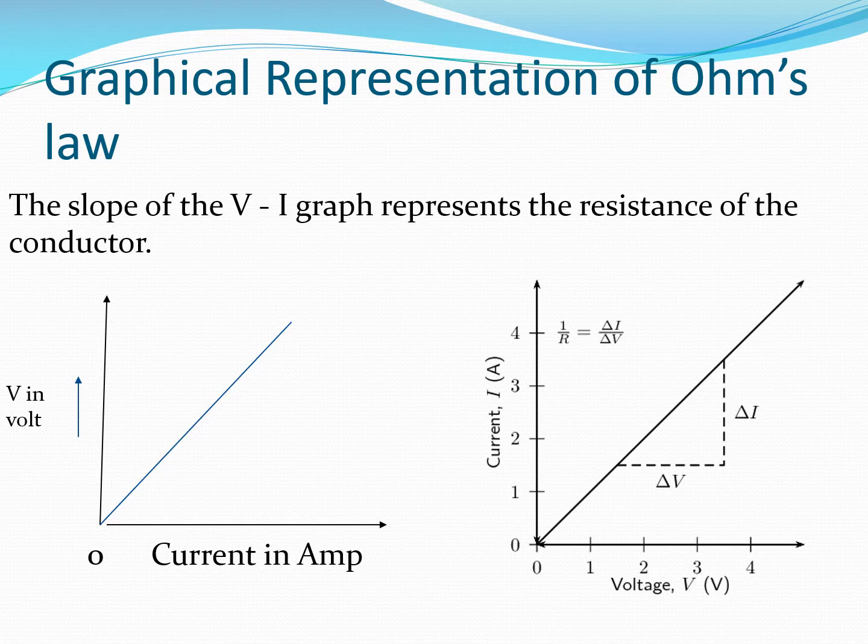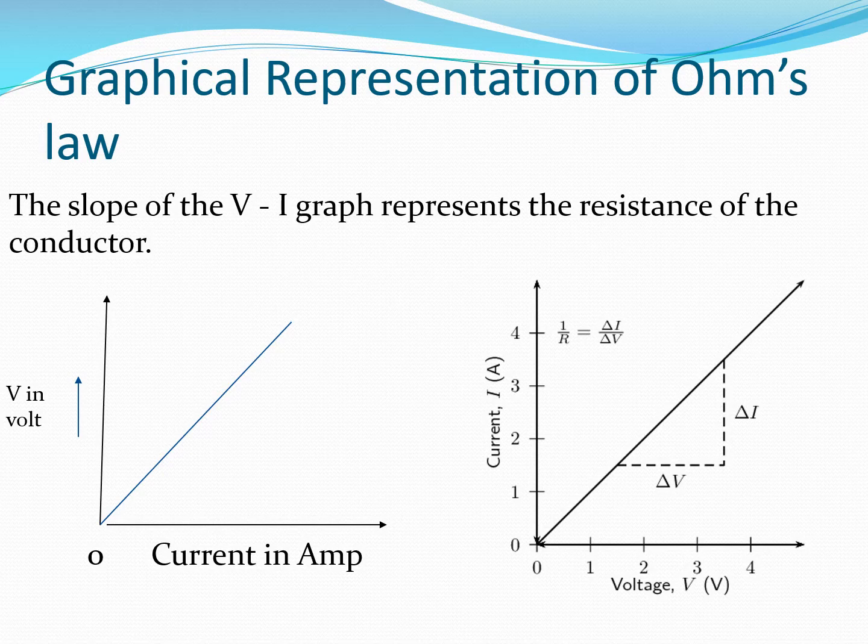And you need to learn how you can calculate resistance graphically from the VI graph. So, firstly, you will plot the data, get the graph. It will be a straight line passing through the origin. Please be sure it is passing through the origin and it will be a straight line. Then, the slope of the line will give you the resistance. What is the meaning of slope? Slope is perpendicular by base. Observe the second figure.